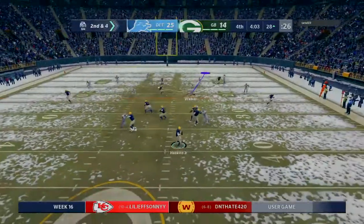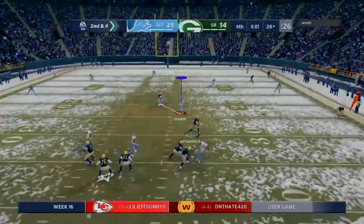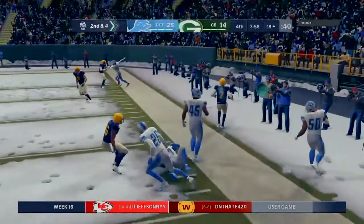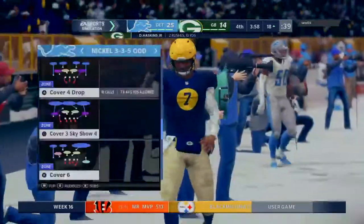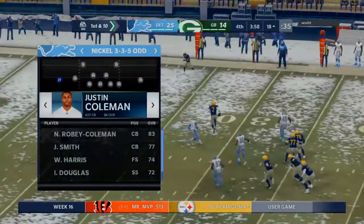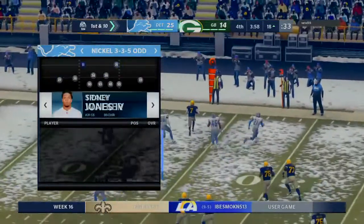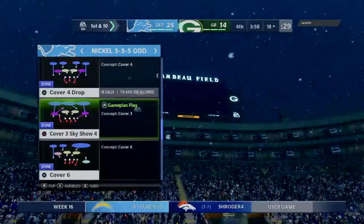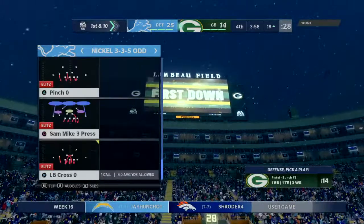To throw again on 2nd down. Haskins. And now he's going to use his legs. And he'll go out of bounds in the red zone just inside the 20. Haskins not the most mobile of quarterbacks, but delivering there on the scramble to pick up the first. Late in the game, defense trying to avoid a big play. He's able to work out of the passing game, turn it into a run, pick up the first, and stop